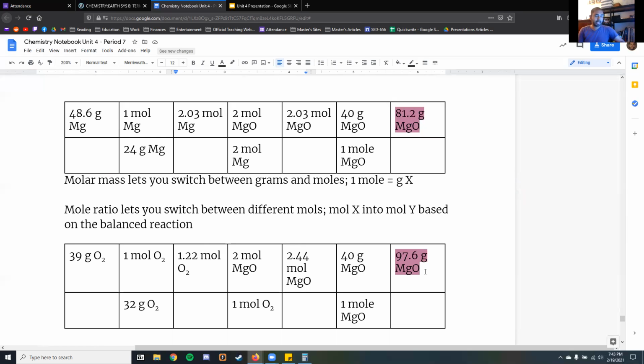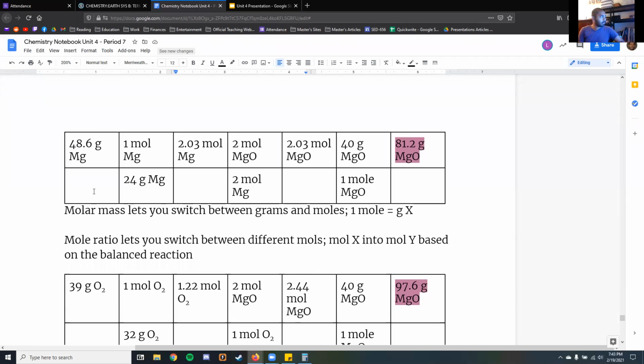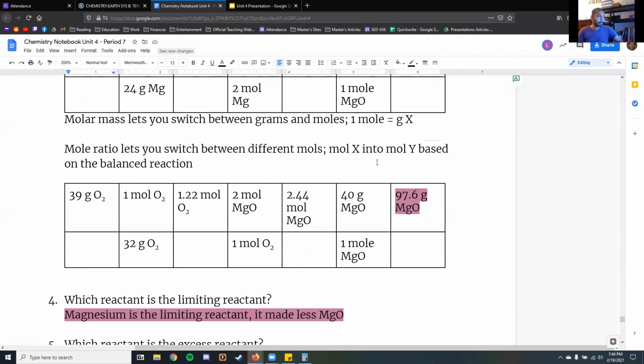39 oxygen will give us 97.6. And so here's the fun stuff. We could go back to lesson 2 and see, oh, okay, well, this much magnesium produced almost double the amount of magnesium oxide. But in our lab, when I burned magnesium, I produced 75% of my magnesium, which is not enough. I should have gotten so much more. And so now I could go back and think about, okay, where are my errors located? Where did I mess up? Why is my yield so low? And this takes us to the next part here.